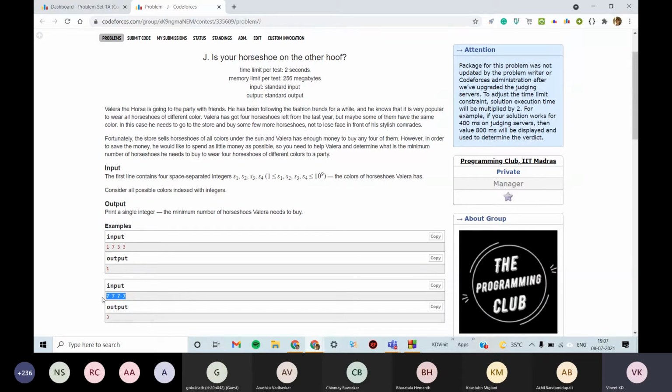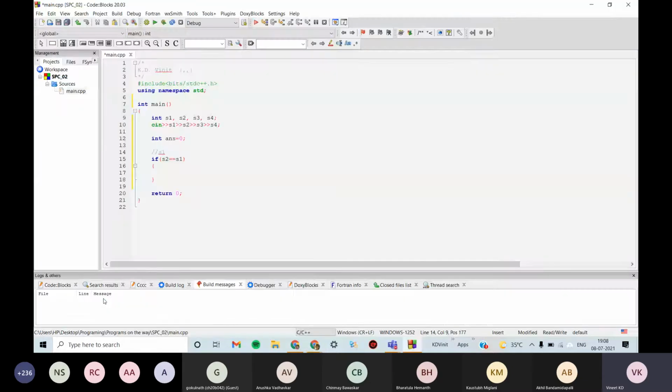So if there are 4 colors, there could either be all 4 of the same color, some 3 of the same color, some 2 of the same color, right? Okay, so I will just go ahead with this.